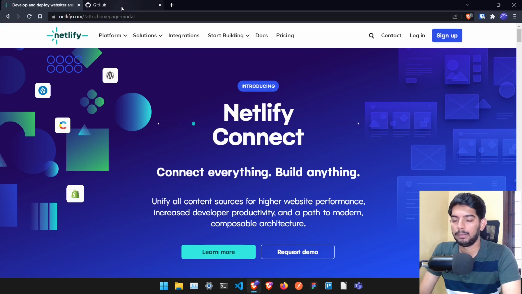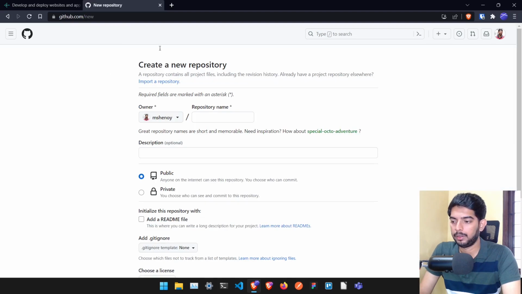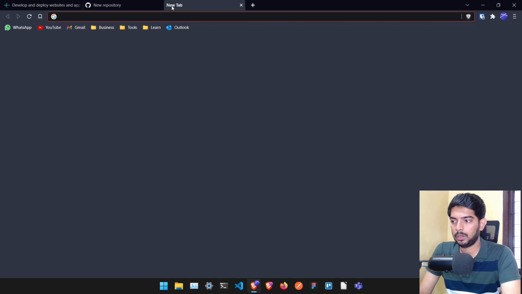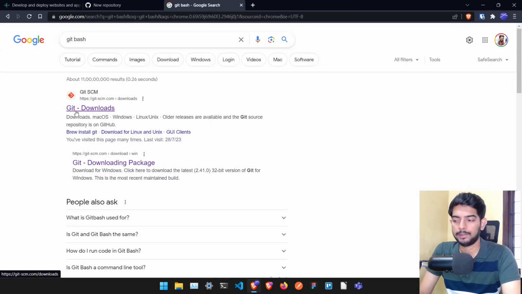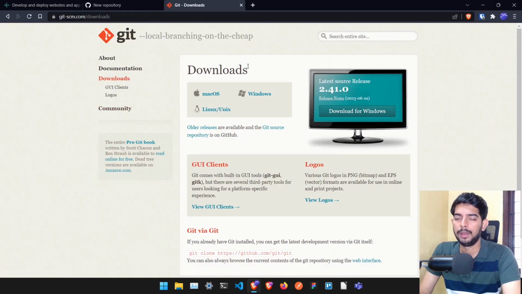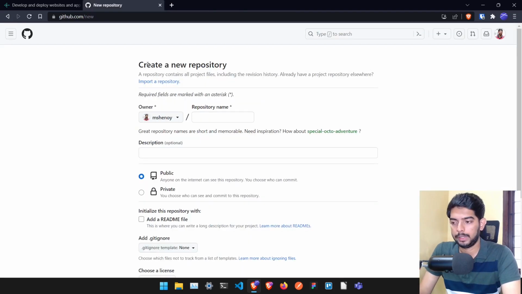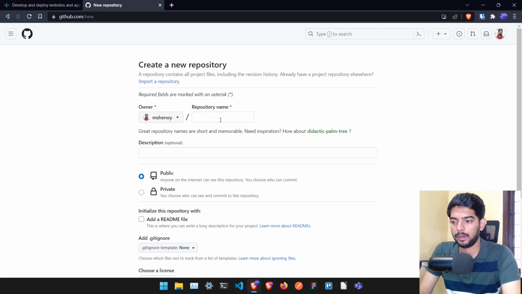project for free. But before that, we have to go to GitHub and get this project into a GitHub repository. That's why I told you to install Git Bash in the beginning of this series. You have to go to git-scm.com and download it for Windows. macOS and Linux have Git pre-built, so you can use that, or else you can download it also. So once you go to github.com and create a new repository here,